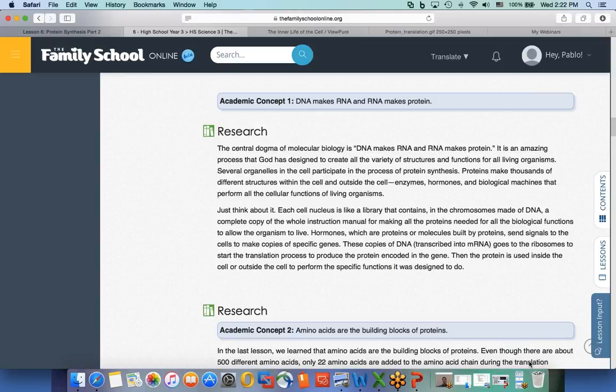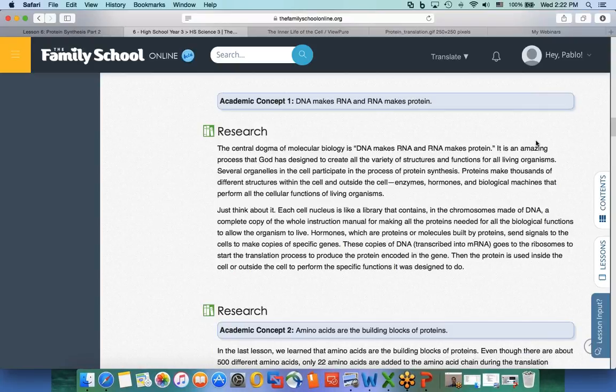Several organelles in the cell participate in the process of protein synthesis. Proteins make thousands of different structures within the cell and outside of the cell. Enzymes, hormones, and biological machines perform the cellular functions of living organisms. Just think about it. Each cell nucleus is like a library that contains